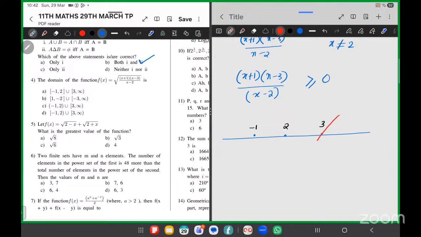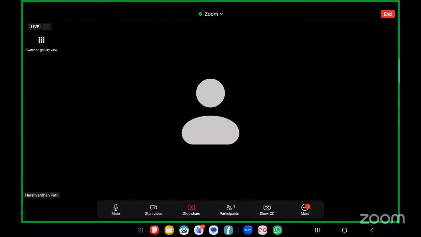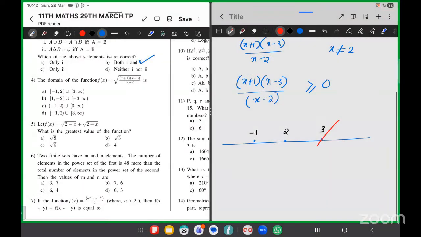सर, आपका आवाज नहीं आ रहा। Okay. हेलो। Now it is clear. हाँ सर।